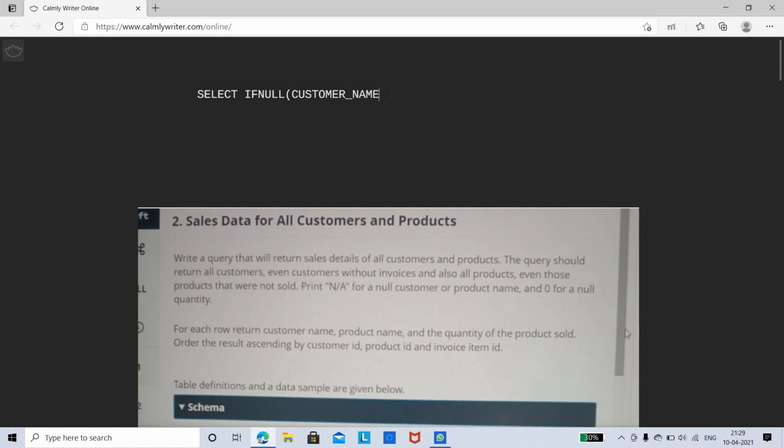So first thing is, you're going to check if the customer name or a product name is null, and print it as not applicable, that is NA.